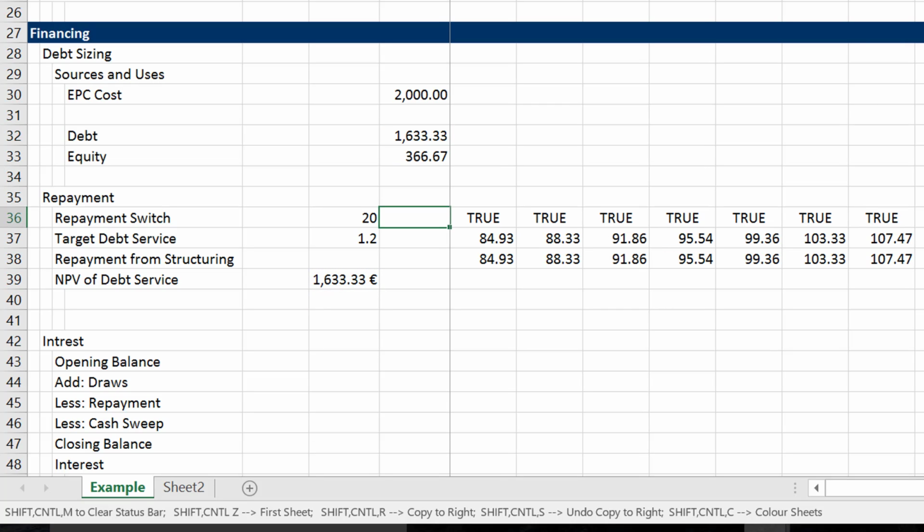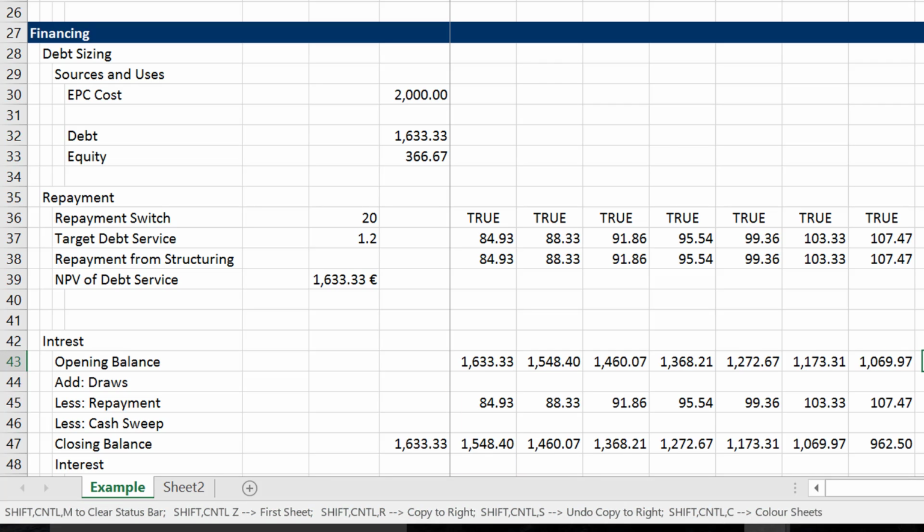We'll just start with that, and then we have the closing balance of the debt to start with, and the opening balance. And maybe I shouldn't have done this. Maybe somebody's going to get really pissed off or irritated at me. The draws came here. I don't put the draws. Our repayment is from up here, and I'm not going to put a cash sweep in yet, and I'm going to subtract the repayment and the cash sweep, and I'm just going to copy this across, and we go across,